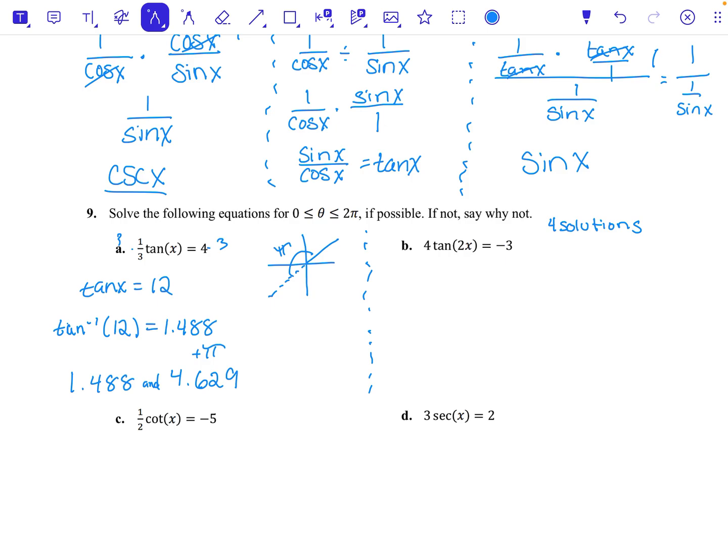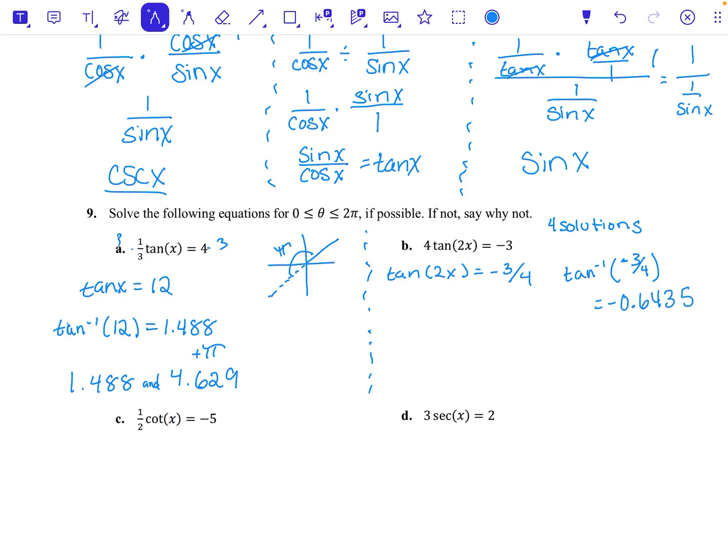I want to get tangent sort of alone so I can undo the tangent using inverse. So I have tangent of 2x equals negative 12. And so, oops, nope, I multiplied. I should not have multiplied there. I needed to divide. That's a good catch of my error before I went too far. So that actually should have been 3/4. And then I'm going to use inverse tangent of negative 3/4. And I come up with negative